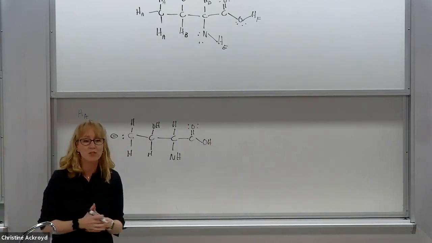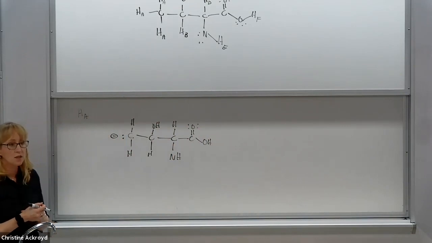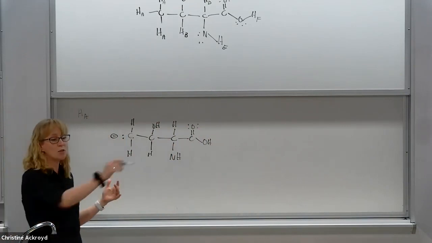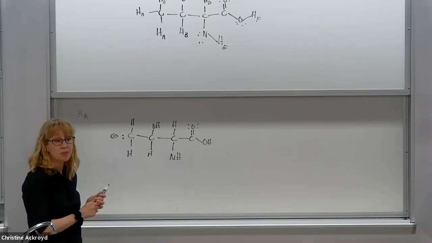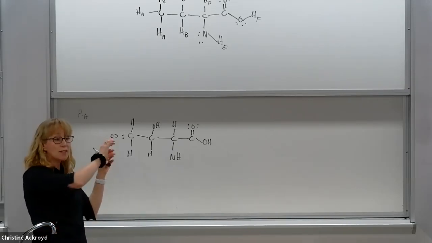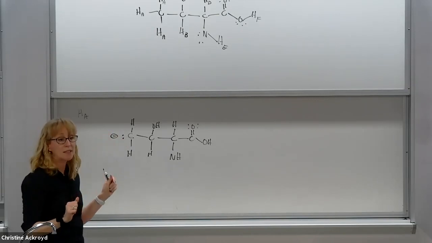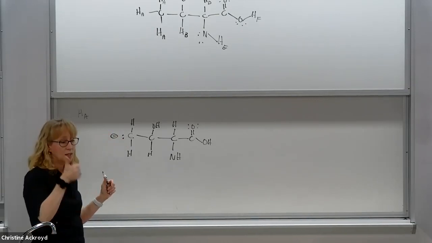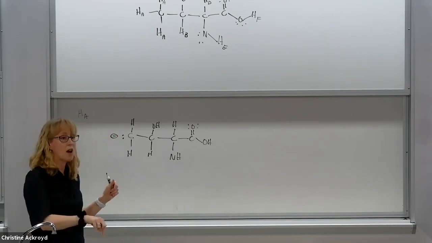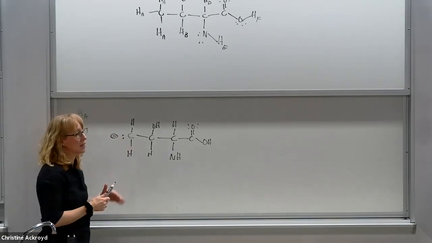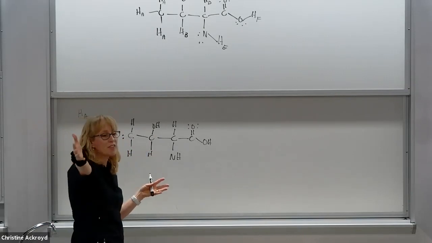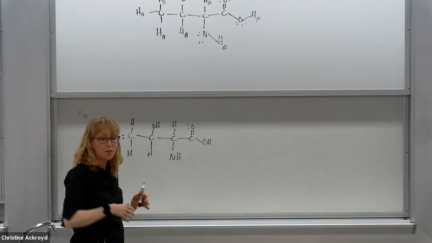What do we know about the electronegativity of carbon? It's not very electronegative, right? How can we tell from the periodic table? What are the trends in the periodic table? Okay, as you go across a row, what happens to the electronegativity? It goes up. As you go down a column, what happens? Electronegativity goes down. So carbon is not very far to the right on the periodic table.